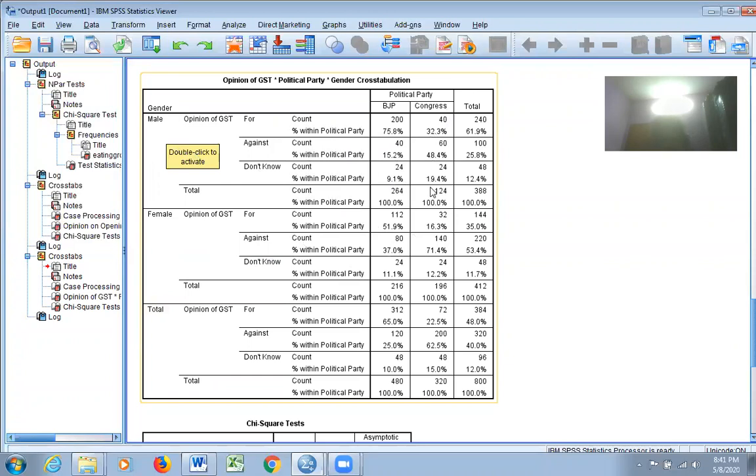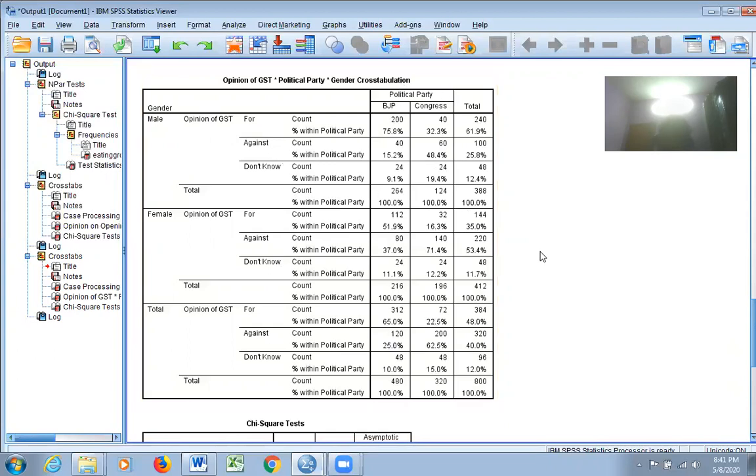As far as Congress is concerned, with regard to male respondents, 32.3% are in favor of GST, 48.4% are against it, 19.4% are not having any comments. So this shows the split analysis of male and female respondents on the association between political party and the opinion on GST.